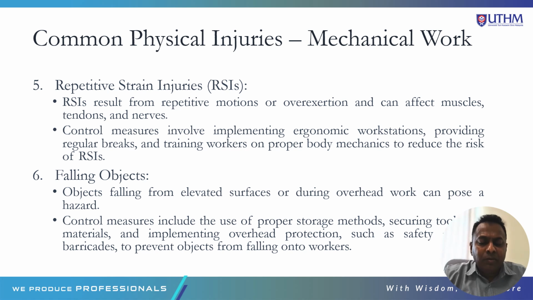Control measure involve implementing ergonomic workstation, providing regular breaks, training workers on proper body mechanics to reduce the risk of RSI. The falling object from elevated surface or during overhead work can pose a hazard. Control measures include the use of proper storage method, securing tall materials, and implementing overhead protection such as safety barricades to prevent objects from falling onto